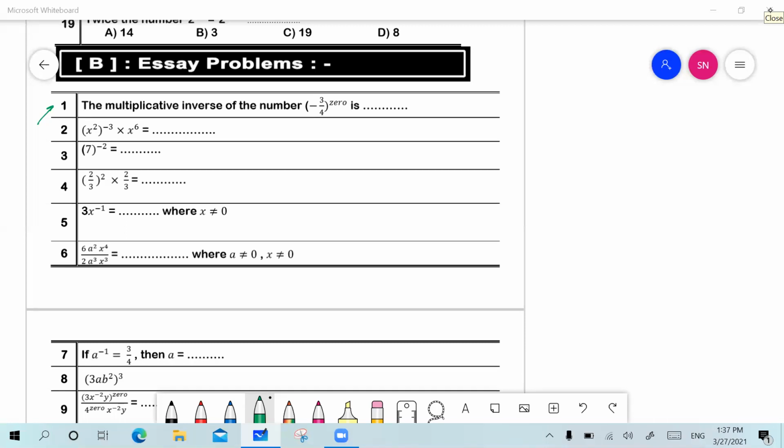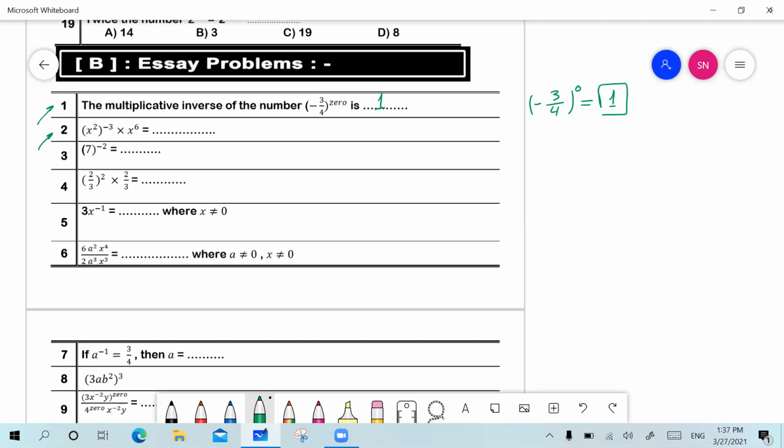First of all, I'm going to find negative 3 over 4 to the power of 0. This is equal to 1. Now I want to find the multiplicative inverse of 1, and the multiplicative inverse of 1 is itself, which is 1. Thank you, dear. Number 2,